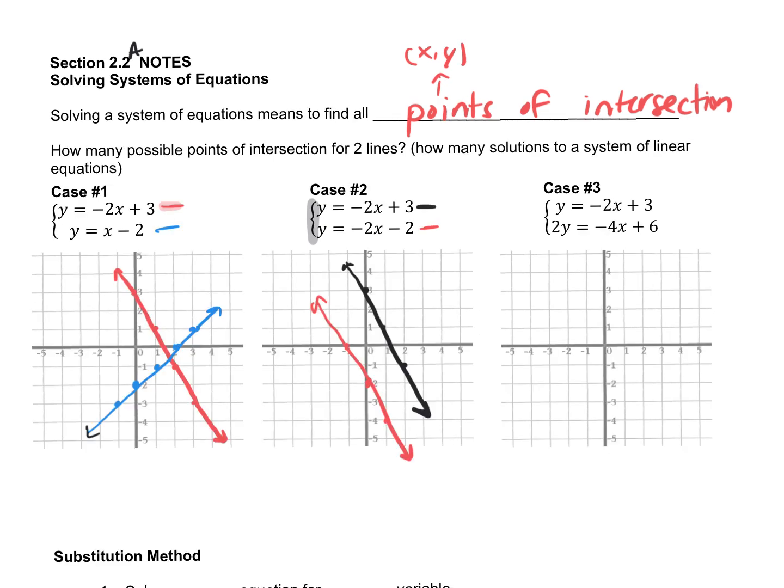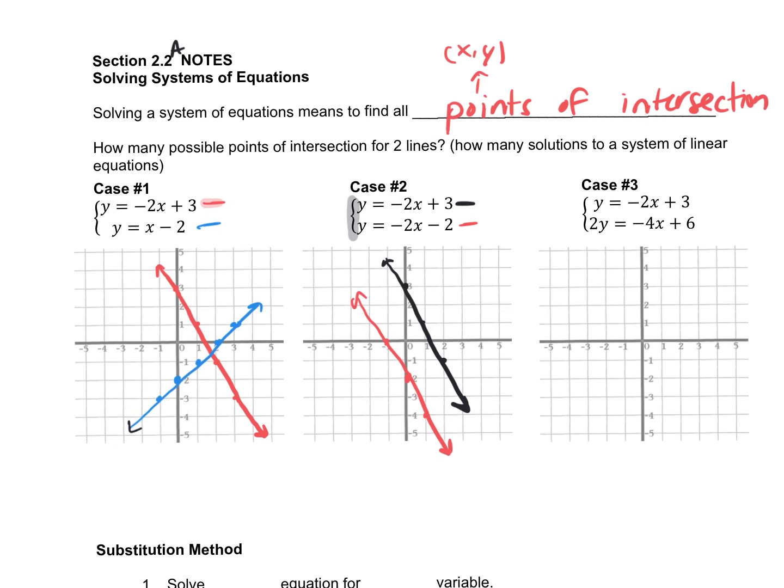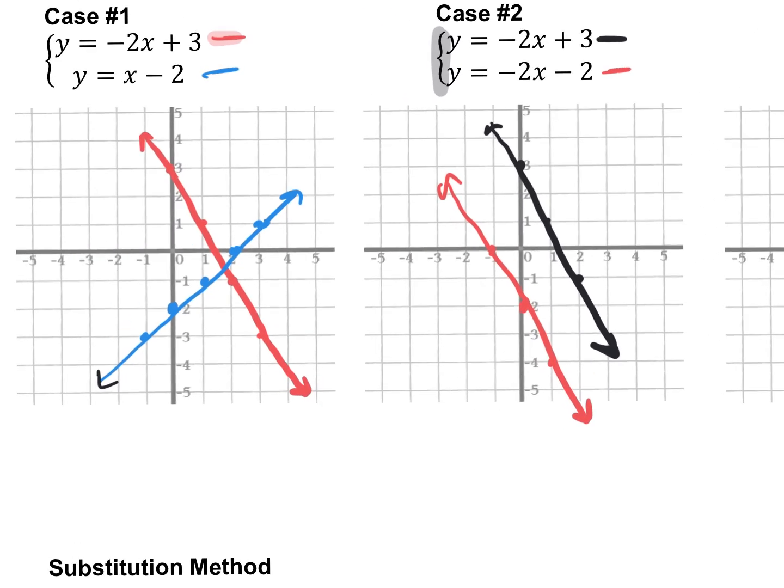So let's look at each system. If we look at this first system, it crossed at one point right here. We don't know exactly what that is. You can estimate it right now, but for the purpose of what we're doing, I don't need to know exactly what it is. What I just need to know is that it does cross at one point. So if you have intersecting lines,